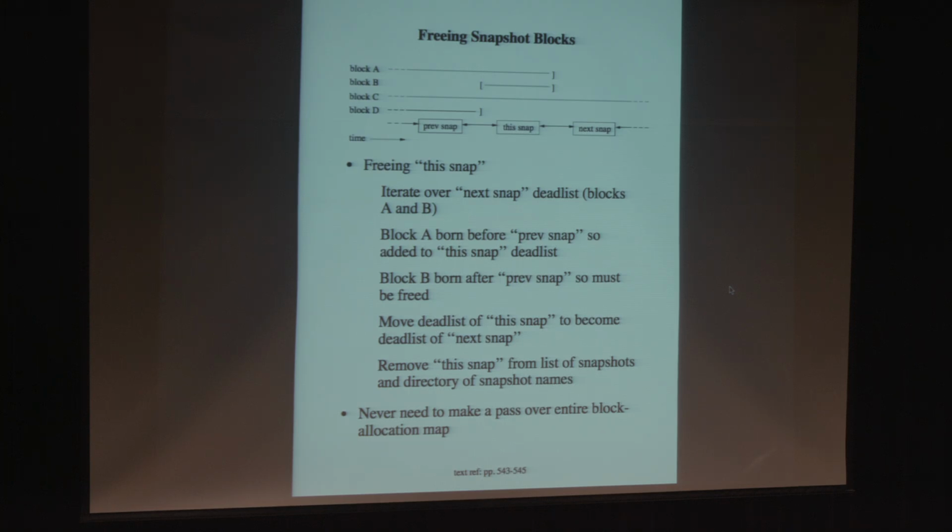And so the point is that the cost of deleting these things is essentially the cost of how big that list is. Now, that list can be pretty big, but it is a function of how much churn is going on in your file system. So you can have a large, fairly static file system, and taking snapshots and freeing snapshots is not all that expensive because there's not that much churn, and it's the churn that creates these dead lists.